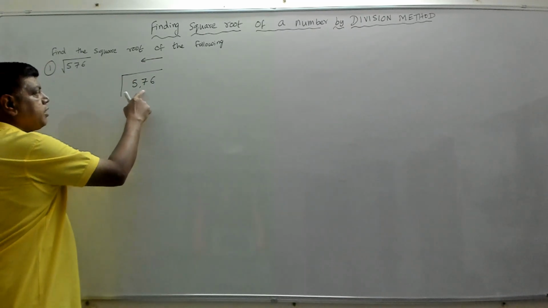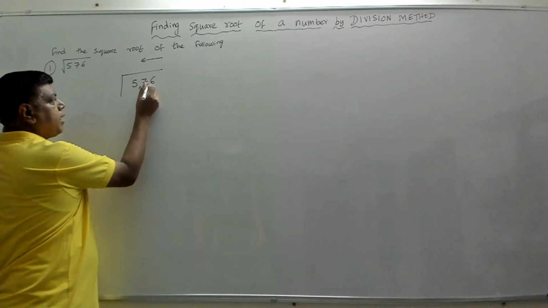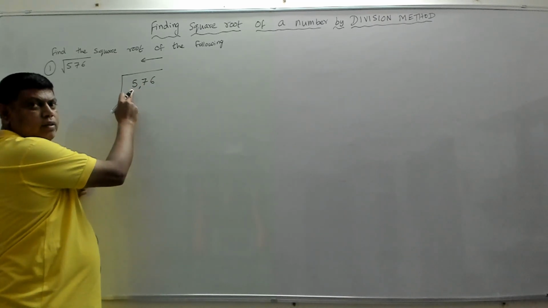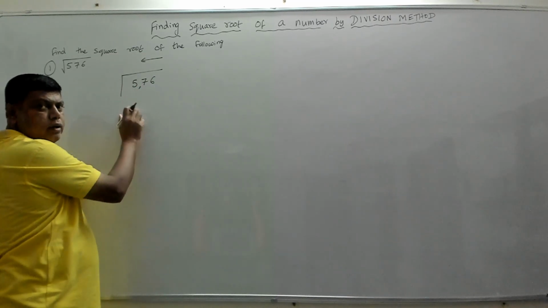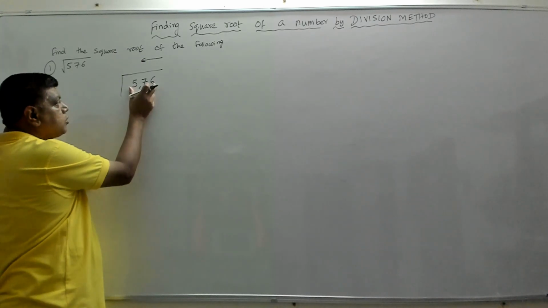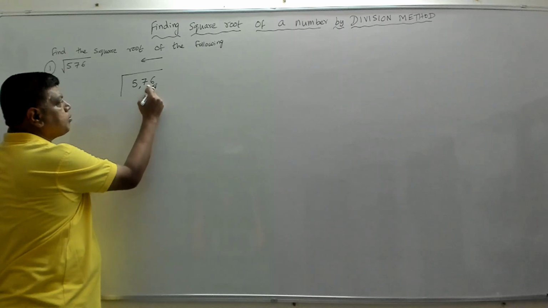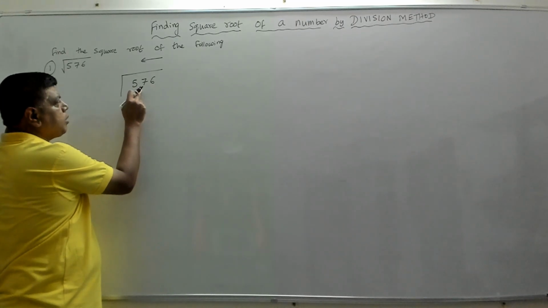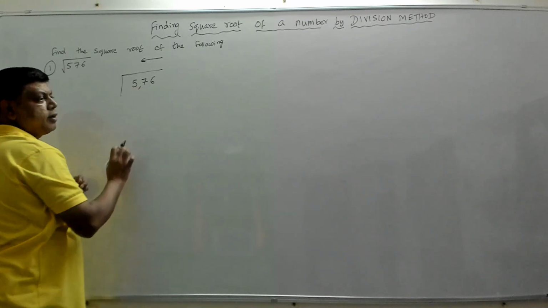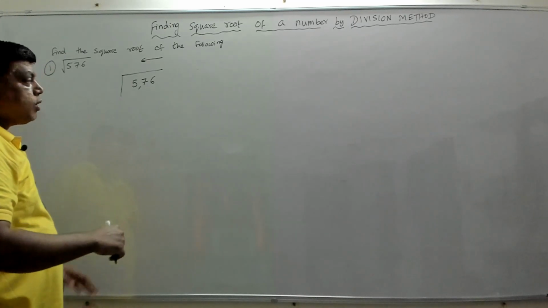Right here, we have only 3 digits. So the first two will be one pair. Then this is only one number, that is okay. The last could be either one number or two numbers, depending on the total number of digits. So if it is 3, then if I start pairing from this to this direction, these two numbers are paired. Then there is only one number, so I put a comma here. Once the pairing is done,